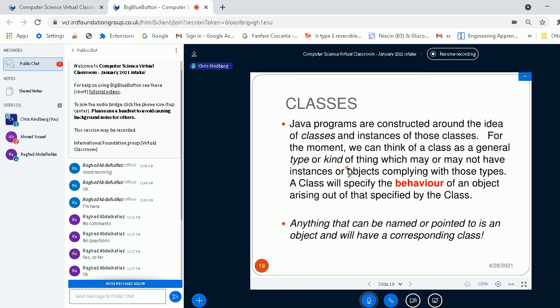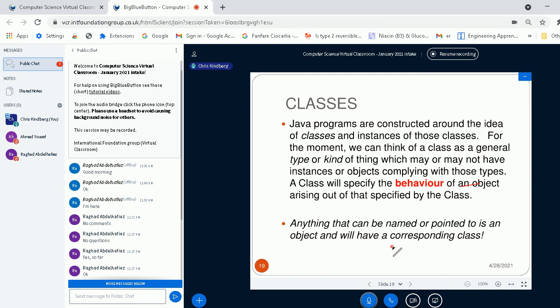An object is going to be specified by creating an item, if you like, from a particular class, or you're going to create an instance from a particular class. A class simply specifies the behavior of an object arising out of it. So a class completely specifies any object which you create from the class.